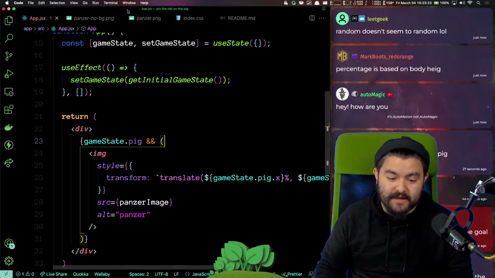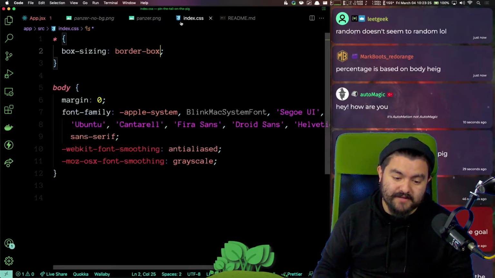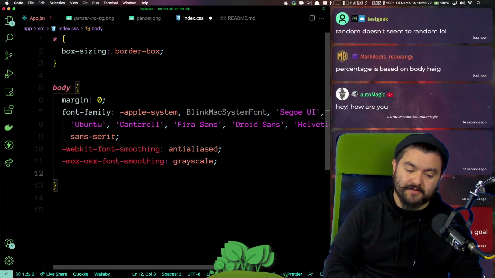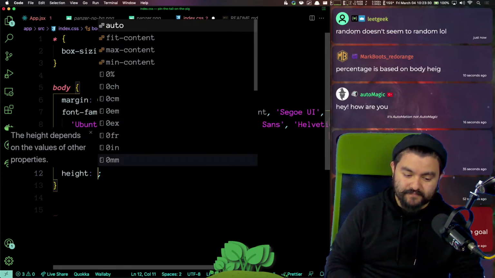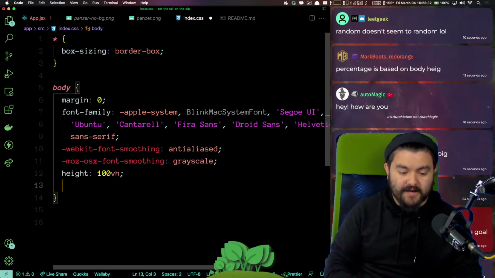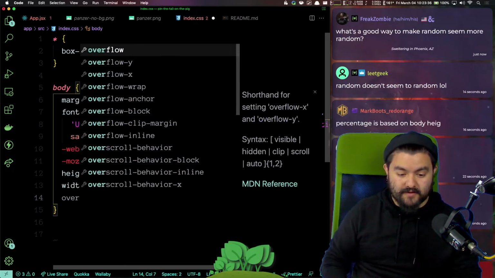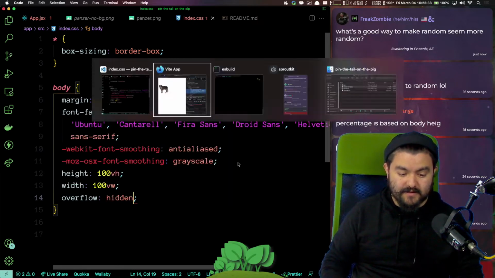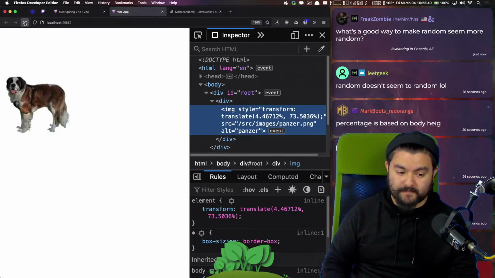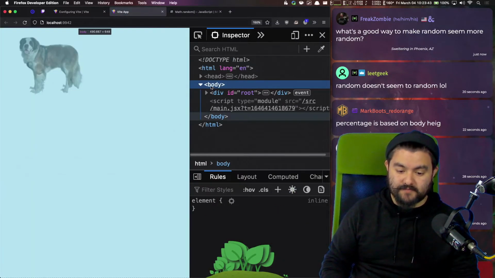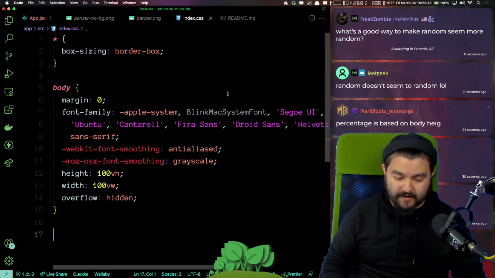It's based on the body height, and right now the body does not take up the whole thing. So we actually want the body to have a height of 100 view height and a width of 100 view width, and overflow is hidden. So now it takes up the whole page, and the body is there. Oh, we need root to take up 100% of that.